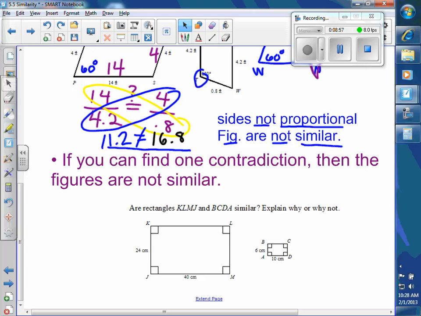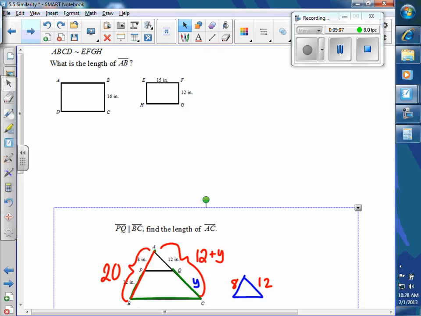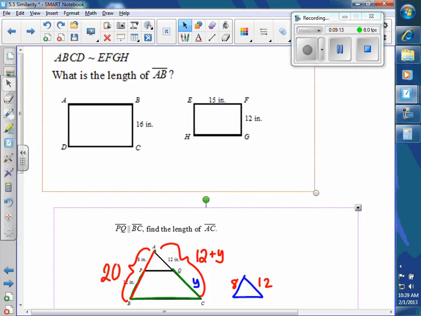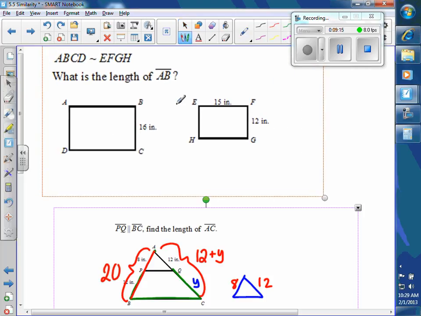On the next problem, I'm going to skip this bottom problem because we've done an example like that, but on this next page, the next thing you're going to be asked to do in your homework is find a missing length. And here,